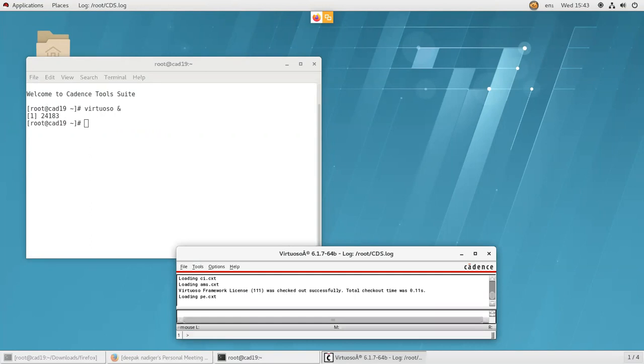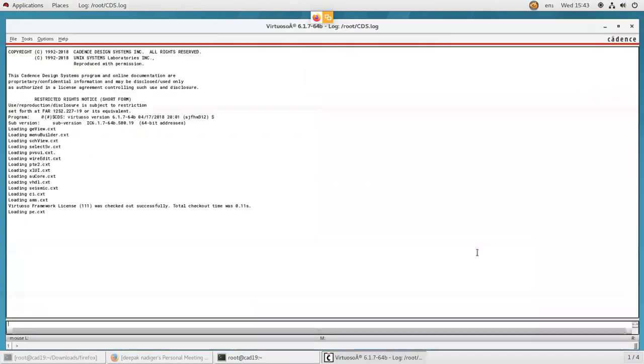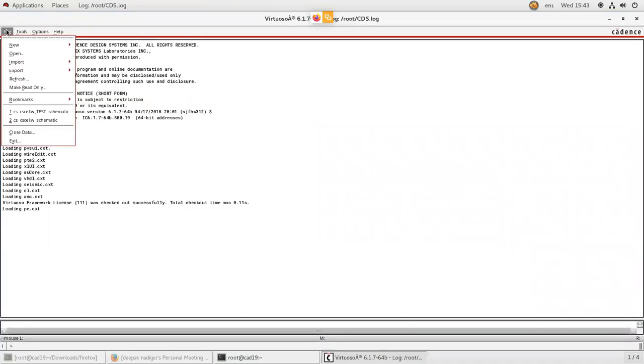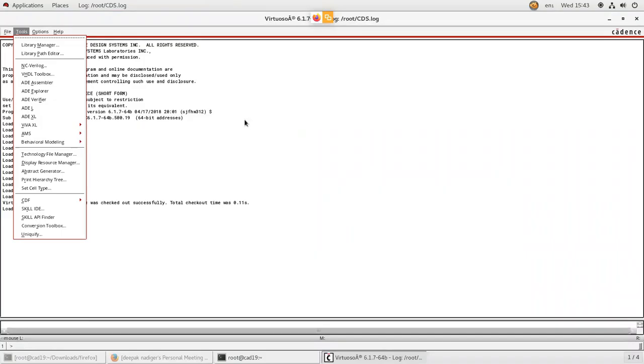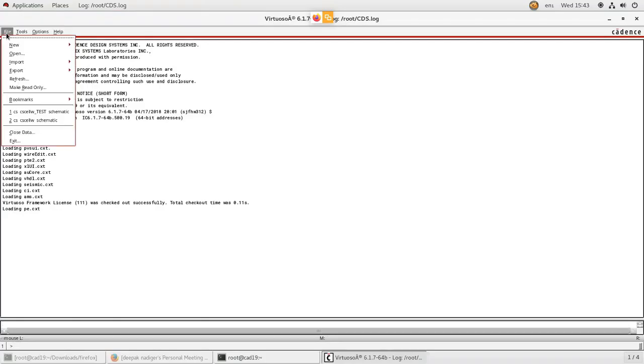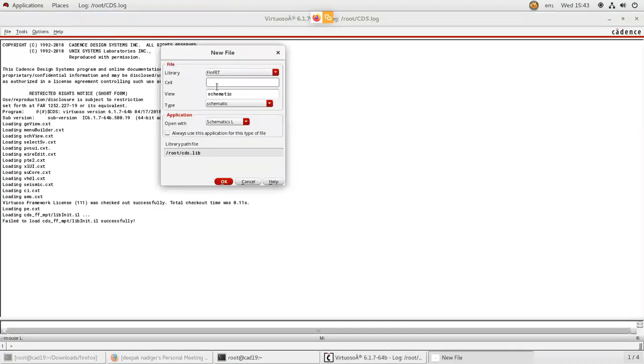So after opening the Virtuoso tool, already you have a library, right? The library name is demo. What we have taken is demo, but you would have given your own name. So in that library, create a cell view. The procedure is file, new, cell view, select your library.